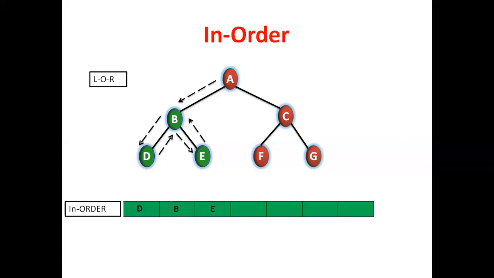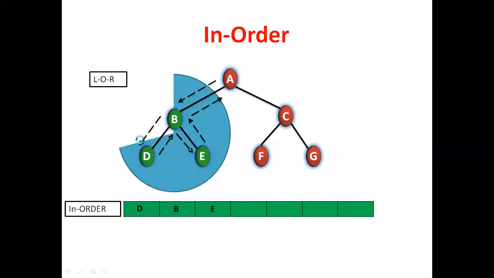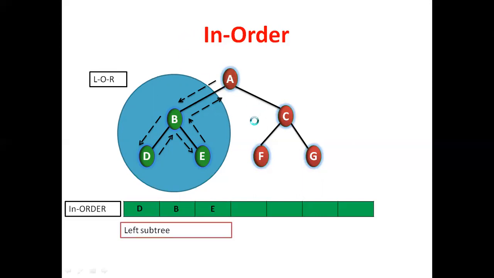Now coming back here, there are no nodes here. Already all nodes are visited. Coming back here, the left part is completed. According to the LOR formula, the left subtree is completed. Then after that, the root. This LOR formula applies to the entire tree and every subtree, remember. So what is the root node here? A is the root node. So visit that node. The root is also visited.